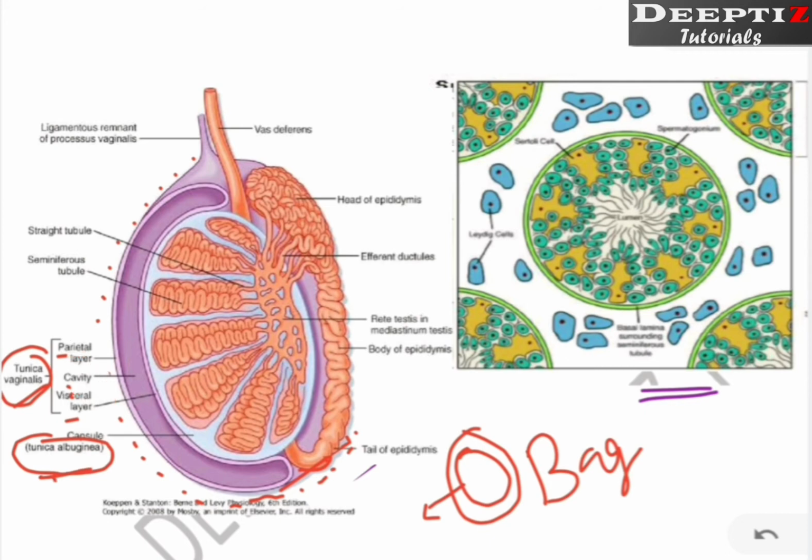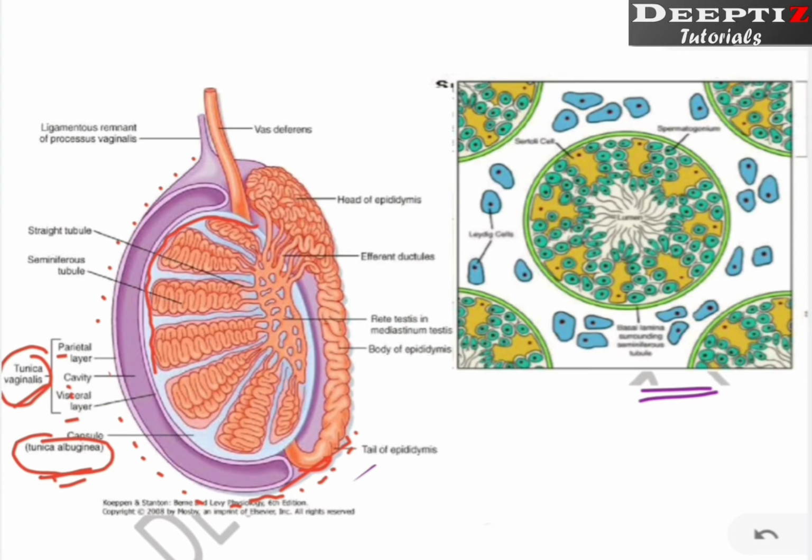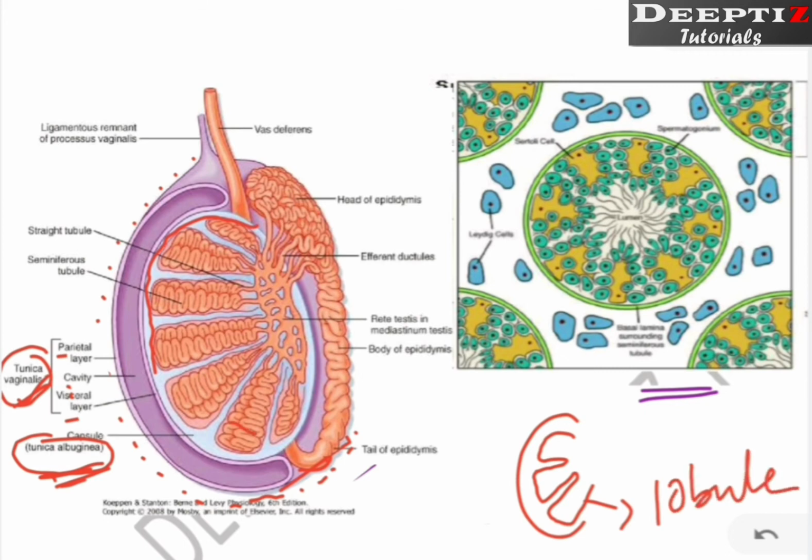Now, where is this tunica vaginalis? If you can see this light blue colored one, wherever I am drawing this one, this is what we call tunica albuginea. But there is a difference here. When we talk about tunica vaginalis, it was a continuous layer like this, right? But tunica albuginea is a membrane that has some infoldings in between. So whenever such foldings come, this inner testis mass is divided into a number of lobules or compartments. This much is one compartment, this is another compartment, this is another compartment.